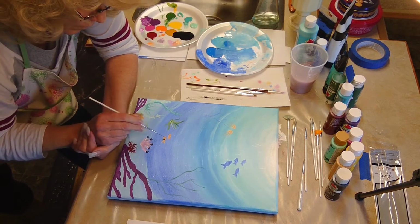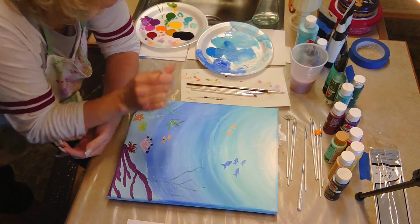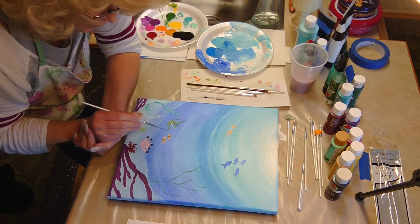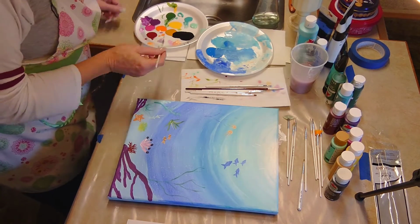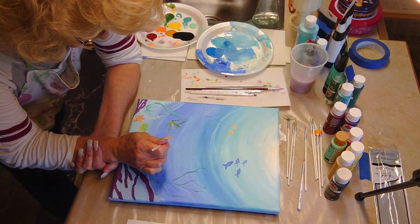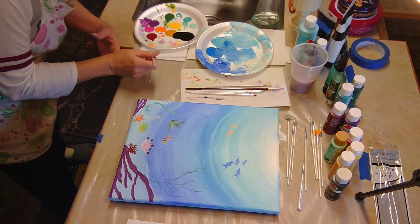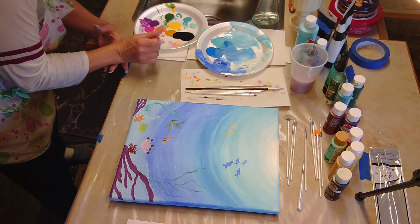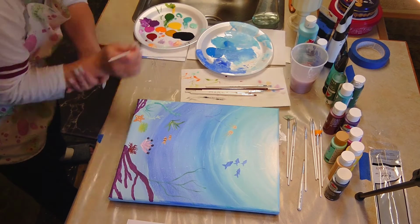Now somehow I didn't hit record when I was making these little fish down below, but they're the same shape as the other ones, shaped like an eye, a V shape for the tail, and then a little fin coming off the bottom, a little fin coming off the top. And right now I'm just adding little black lines and little white lines on these little fish, and these fish are orange. I mixed orange and white together to do the center,